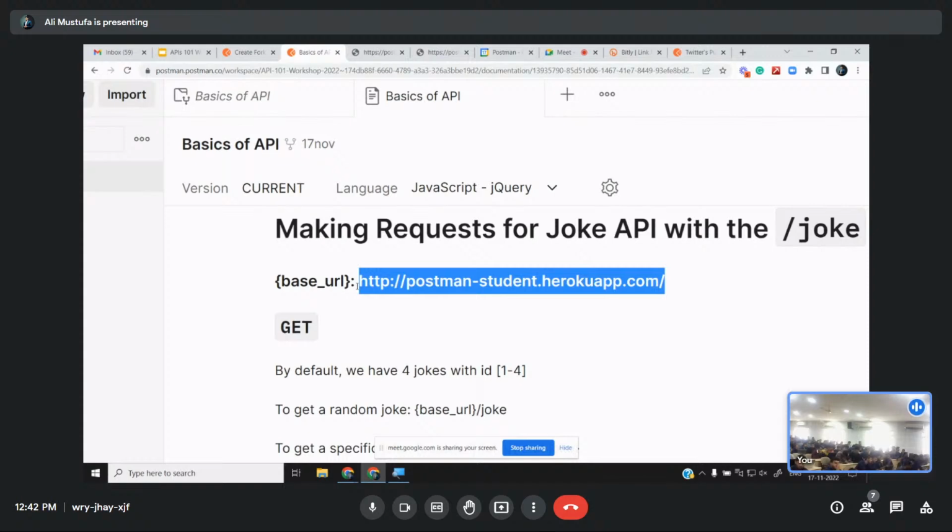Okay, what to do with this copied URL? You want to check, right, if the joke exists or not, yes or no? So I want to retrieve information from the server, yes, no? Which method will I use? Get method. I want to retrieve information from the server. I want to get the joke. So which method am I going to use?